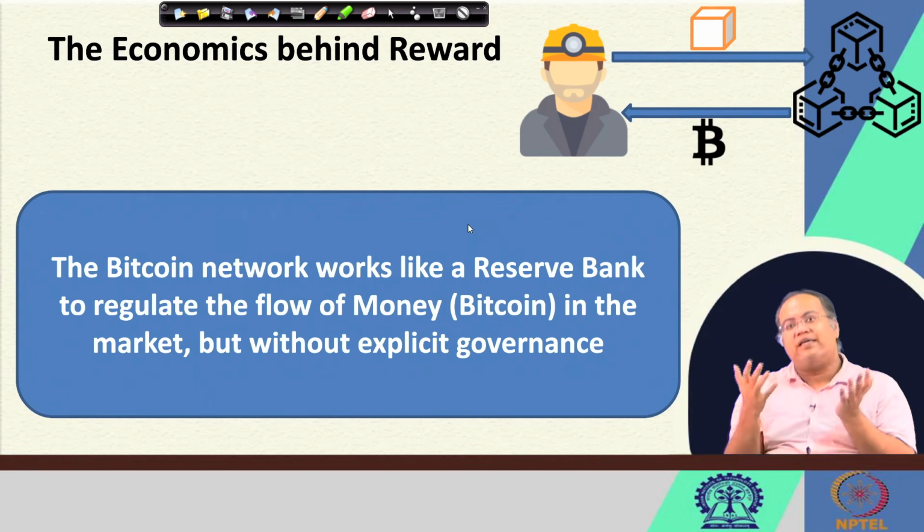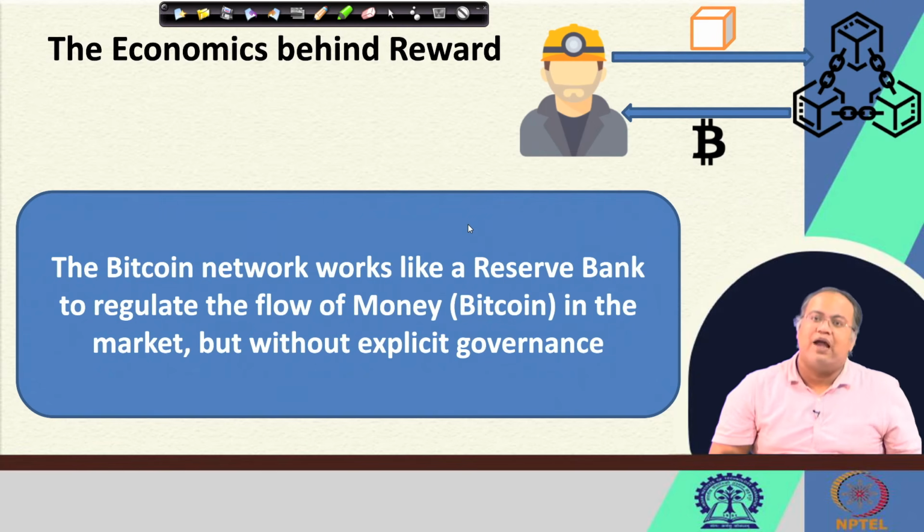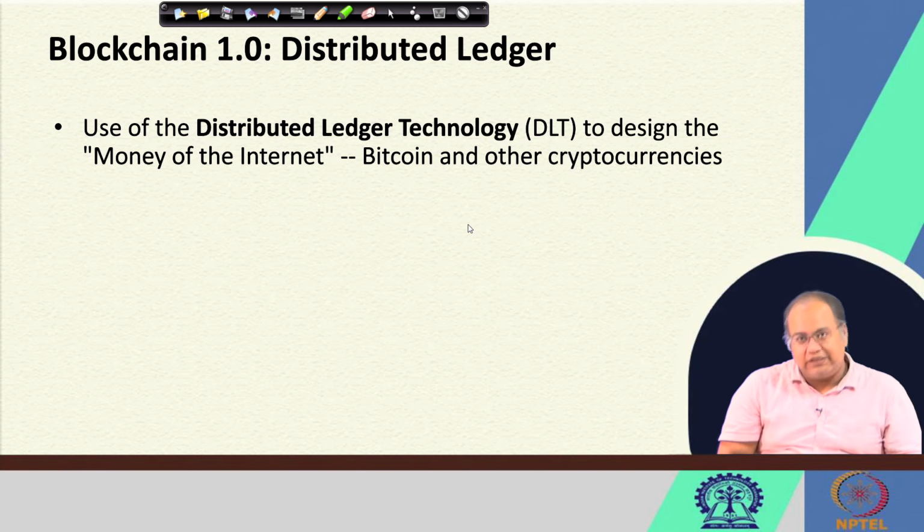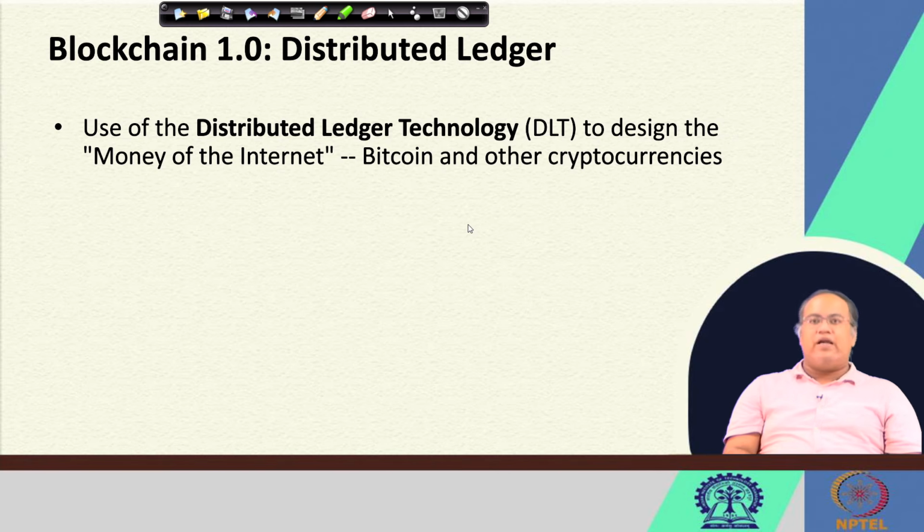And that made this technology really very popular. Well, if I just try to have a journey over that, this is blockchain 1.0, which we call the distributed ledger technology. I guess you are familiar with the term ledger. A ledger basically means where you can log financial transactions or any kind of transactions. Now it is a kind of distributed public ledger.